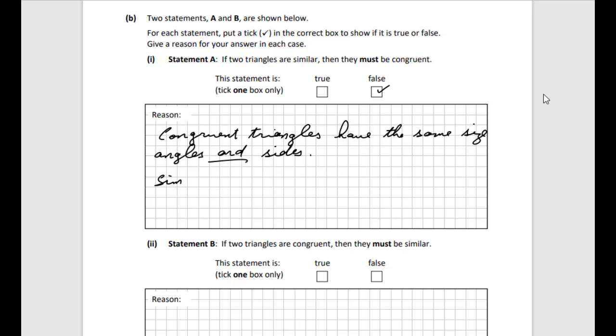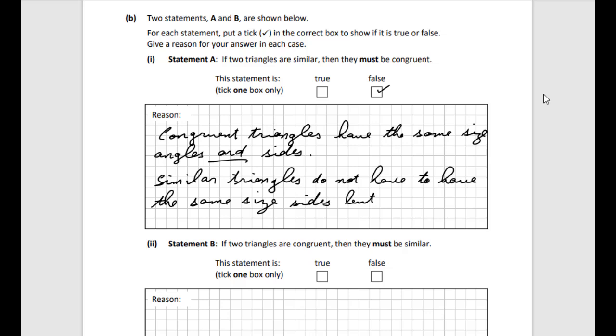Similar triangles do not have to have the same size, do not have to have the same sides, but have to have the same size angles. Okay, maybe that's a bit more than they needed here, but